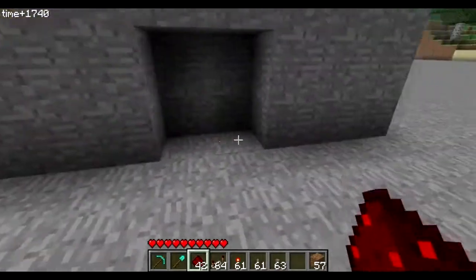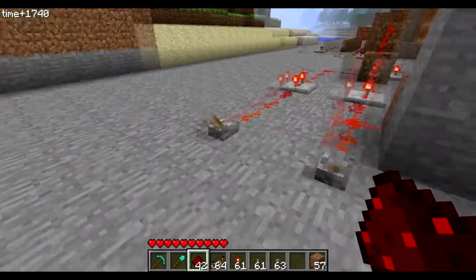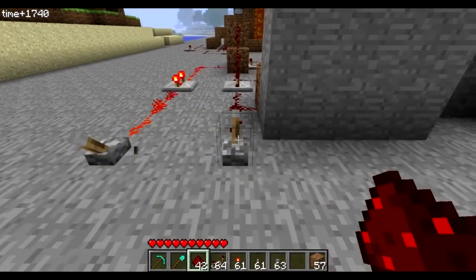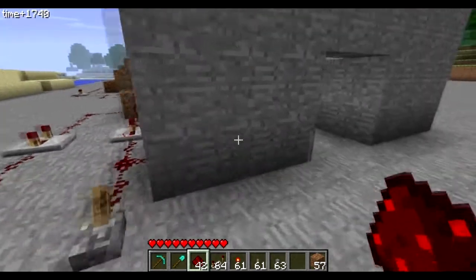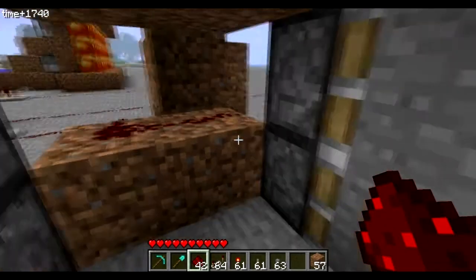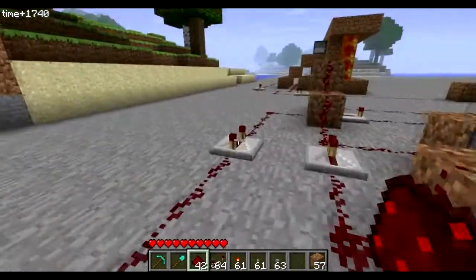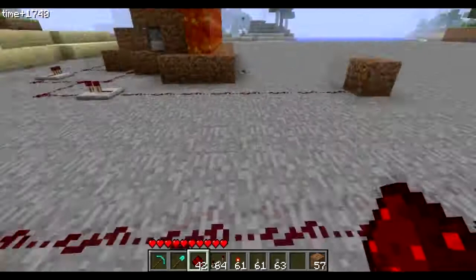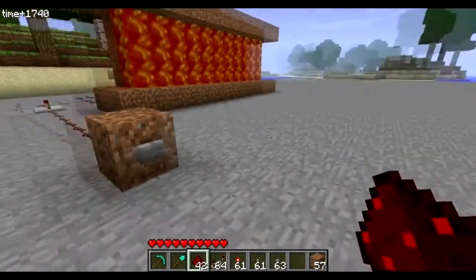And basically what you could do, oops, I did that backwards. I did it backwards again, I think. Yep, there we go. So basically, if you wanted, you could move this back one more, and just add another piston, so that when it opened, you could walk this way, or this way right here. So that would make your room better, and you wouldn't have to worry about that. So my last one here is probably a pretty cool contraption, and so I'm gonna use it,